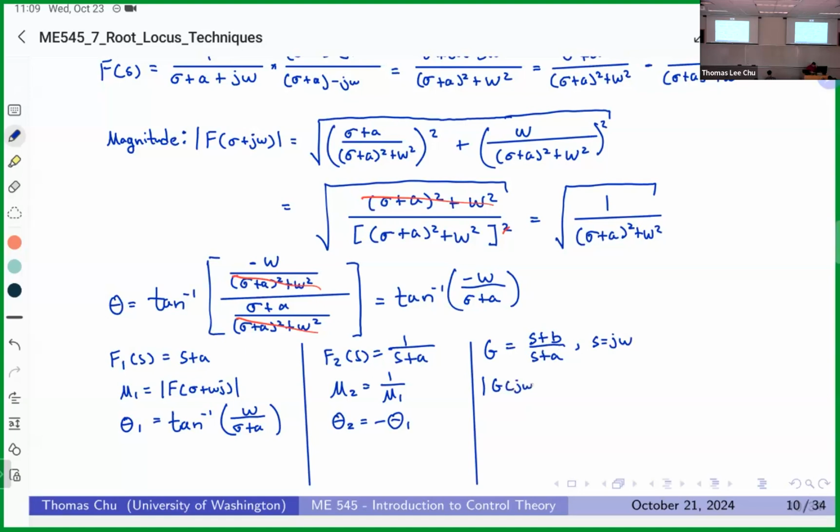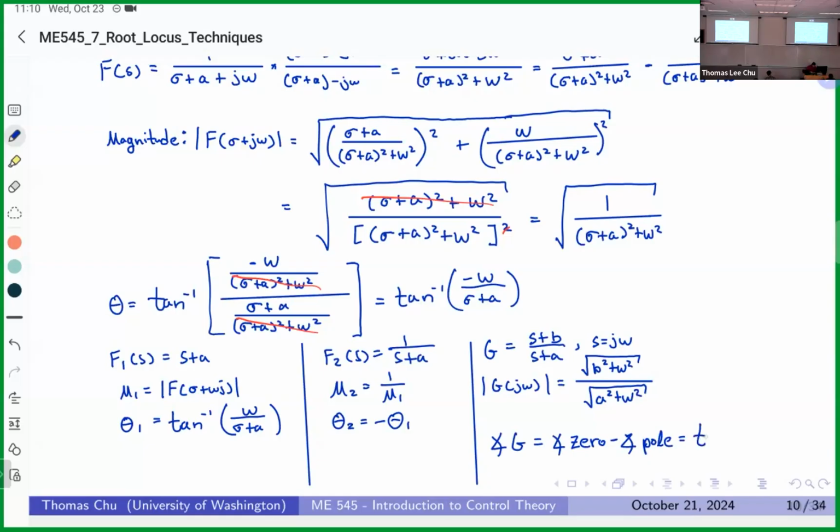So G at j omega is just going to be equal to the magnitude of the zeros combined, which is going to be B squared plus omega squared divided by A squared plus omega squared. And then the angle of G is just going to be the angle of the zeros